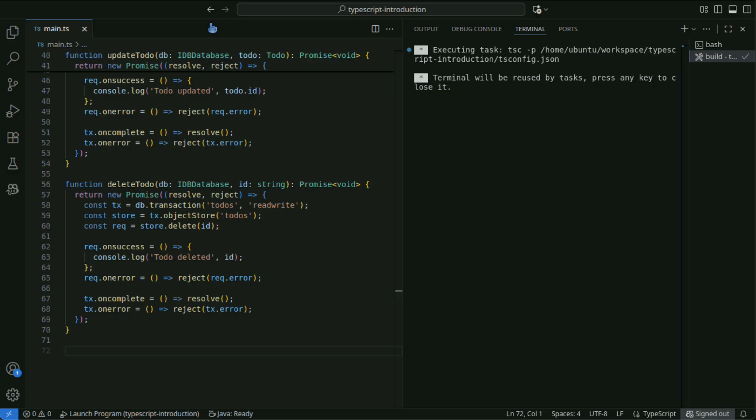By using indexes in IndexedDB, you can efficiently search on specific fields. Here, we create an index for createdAt and give an example of a range query.